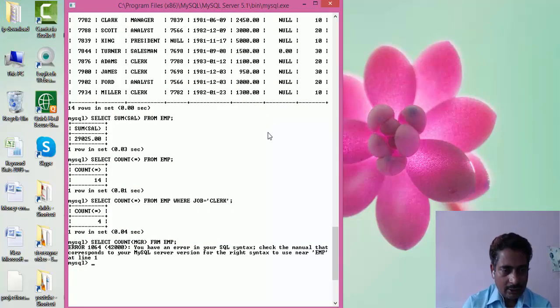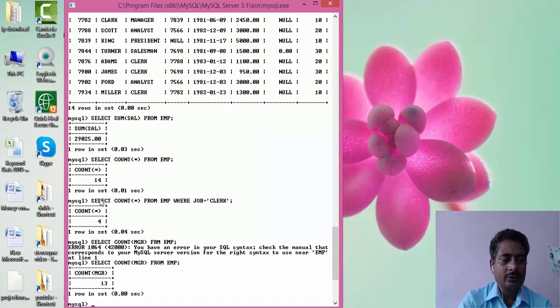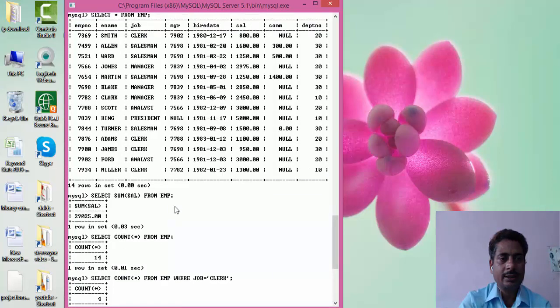What's wrong here? Here we have written the wrong from. Okay, so you can see that it is 13.